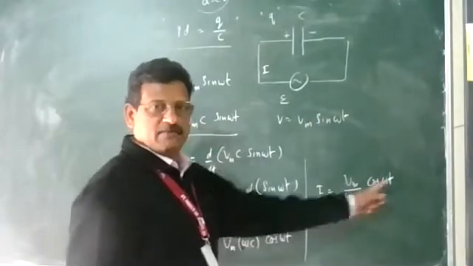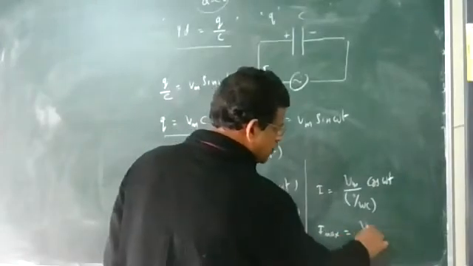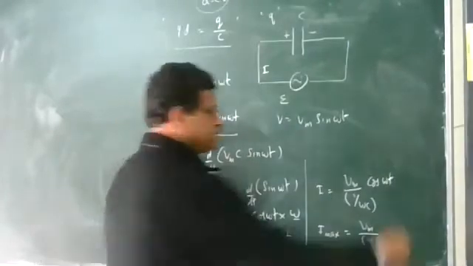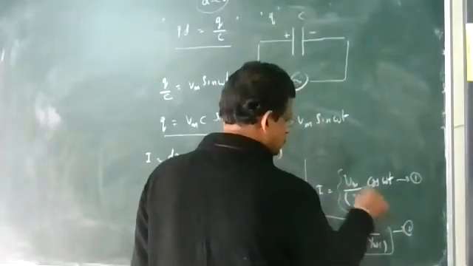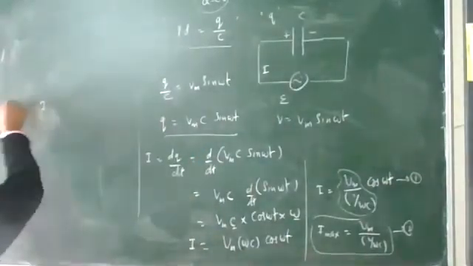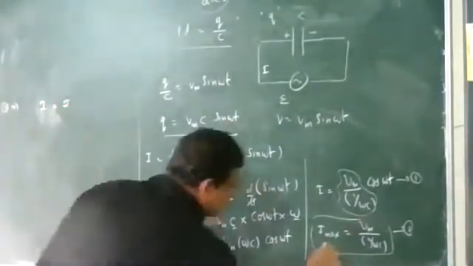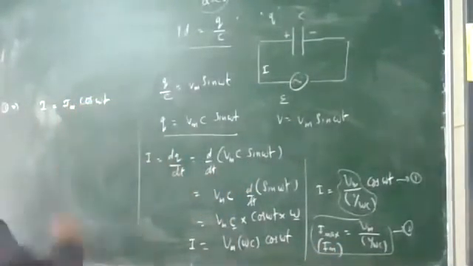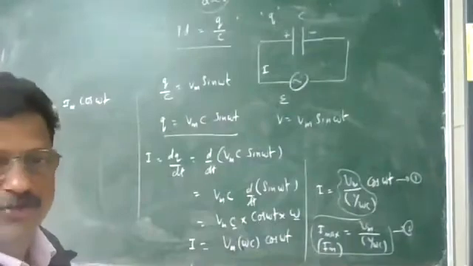This current is maximum when the cos function takes its maximum value. So the maximum value of the current is equal to Vm upon 1 by omega C, that is, when the cos function takes the value one. So this is equation number 1 and this is equation number 2. Instead of this we can put the maximum value. So the current at any time becomes I is equal to Im cos omega t, where Im is the maximum value. You have to remember the value of the maximum current in the capacitor, that is Vm divided by 1 by omega C.